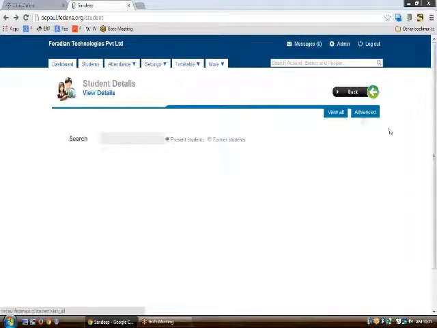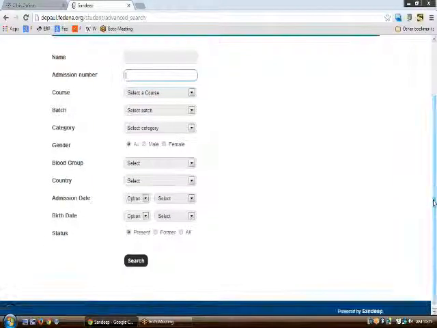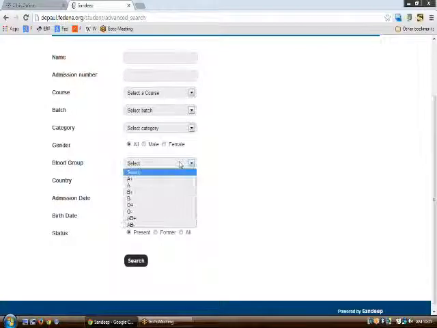Moreover, if you want to have an advanced search, just go to advanced, type the name of the person, or if you know the admission number, you can enter it. Sometimes in an institution we are asked to make some unusual searches, like listing all the persons who have the blood group B positive.